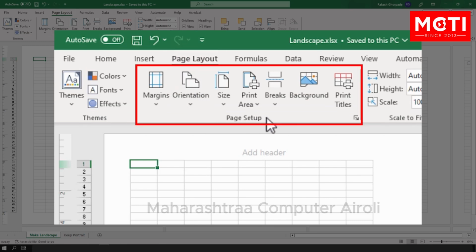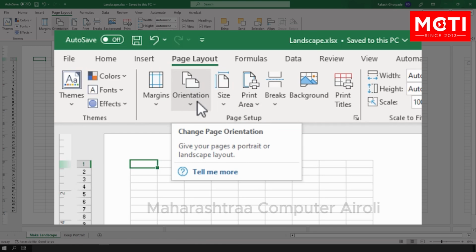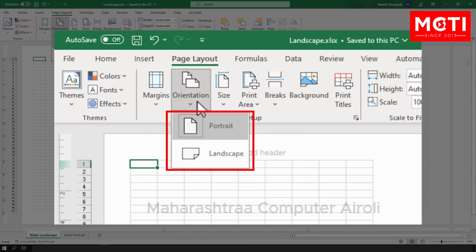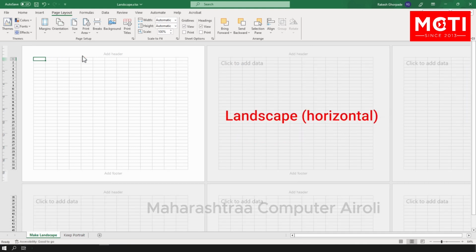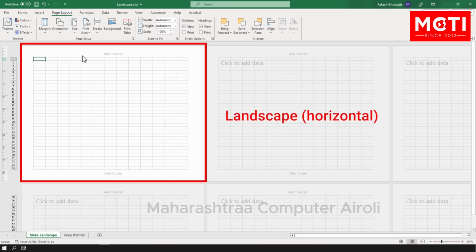In the Page Setup group, you will find a button labeled Orientation. Click on the Orientation button to open a drop-down menu with two options, Portrait and Landscape. Select Landscape from the drop-down menu. This will change the page orientation of the selected worksheet from Portrait, vertical, to Landscape, horizontal.